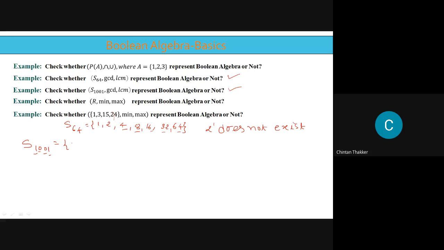Here we have the elements 1, 7, then 11, 13, then we have 77, 91, then 143, then 1001. So these are the elements of